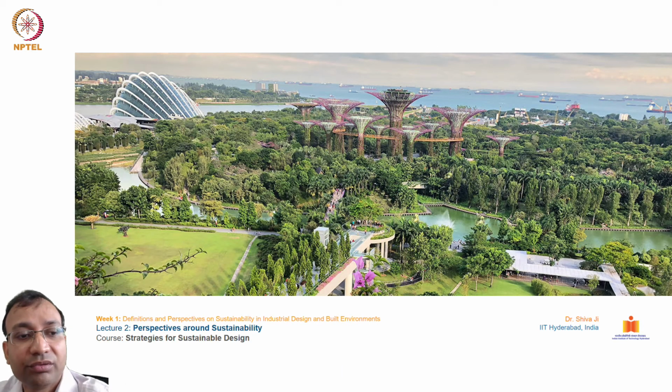So I would like to show one case example over here. Some of you may have been to this place also. This has become a recent tourist spot in the city of Singapore, where they have created an urban forest kind of structure. This is supported by these tree-like structures which are completely man-made. And you can see these people walking over here on this footpath.